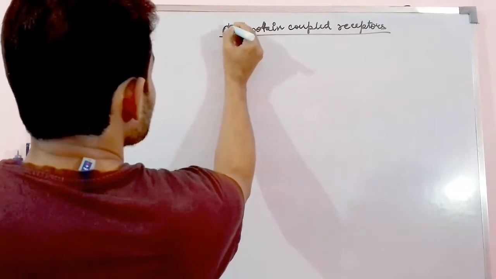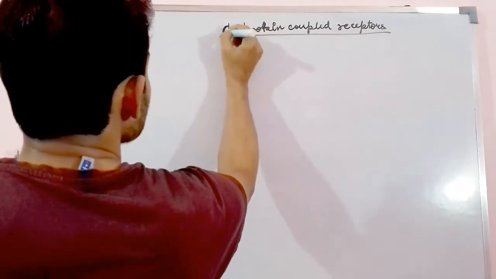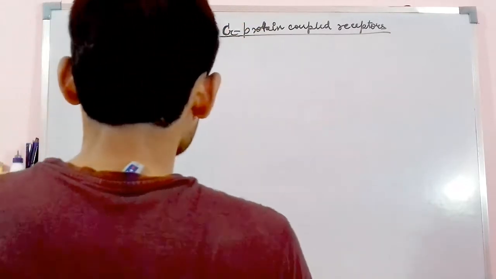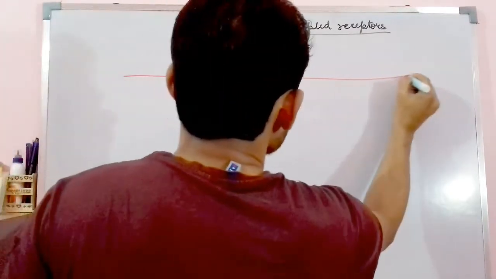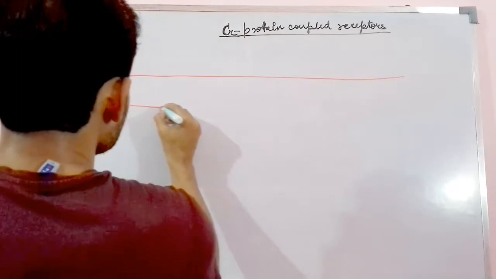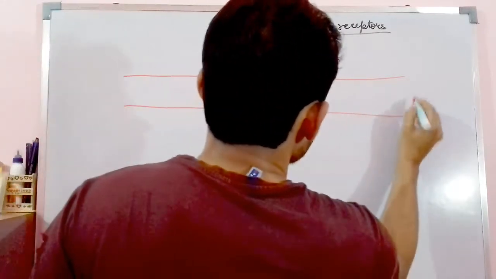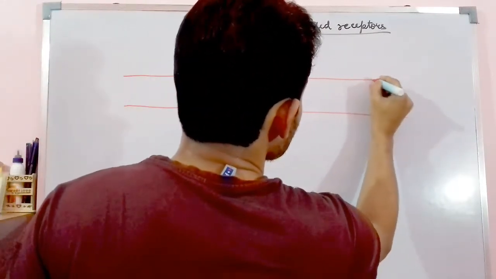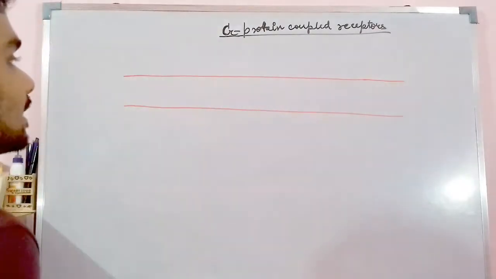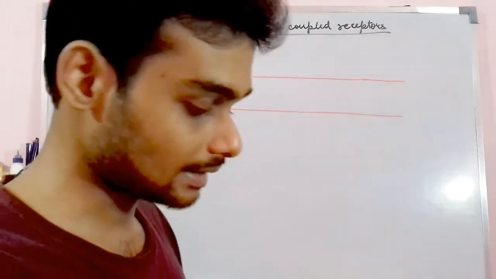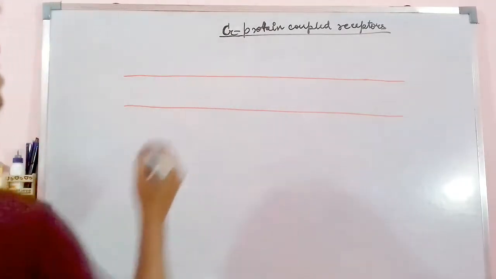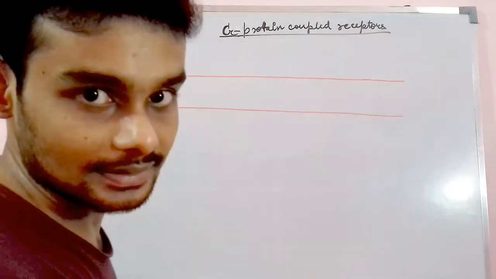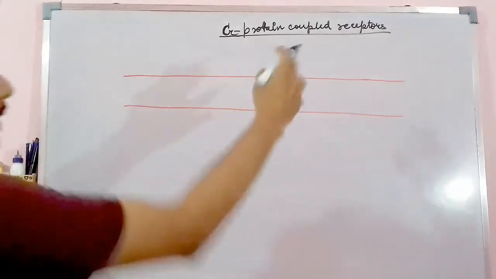So let us draw a plasma membrane first. Then it would be easier for us to understand how the G protein is functioning. Let's say this is the plasma membrane. The trilamellar model of the plasma membrane is present over here. And in this plasma membrane, the G protein coupled receptor molecules are present.